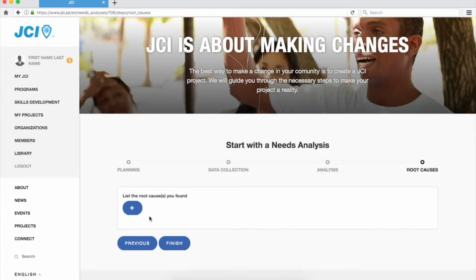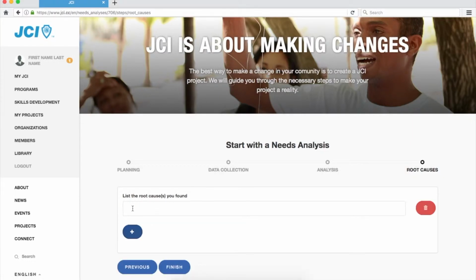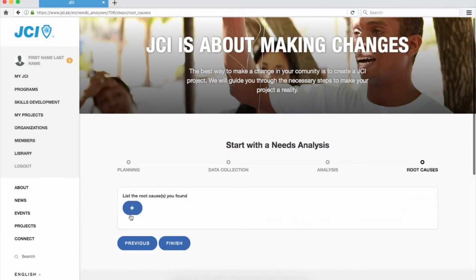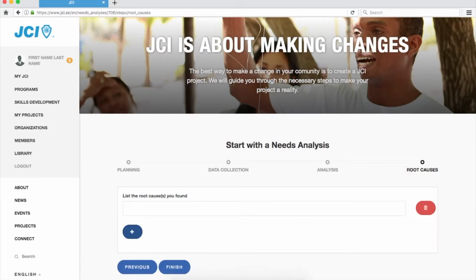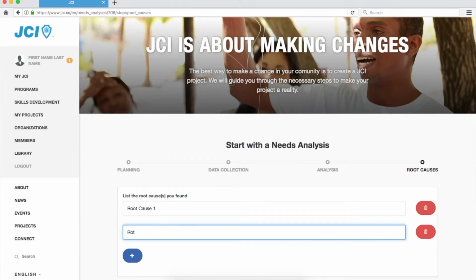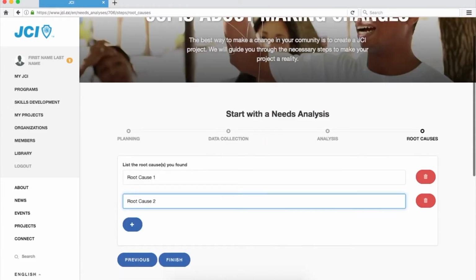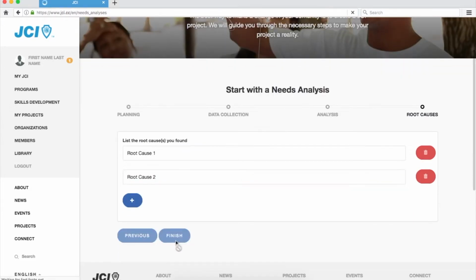In the Root Causes section, add the root causes you identified as the reasons for a community need by clicking the blue plus button in the main section of the web page. You may also delete root causes by clicking the red trash can button to the right of each root cause listed. These root causes will be required to complete projects. Once you have added all relevant root causes, click Finish to complete your needs analysis or click Previous to return